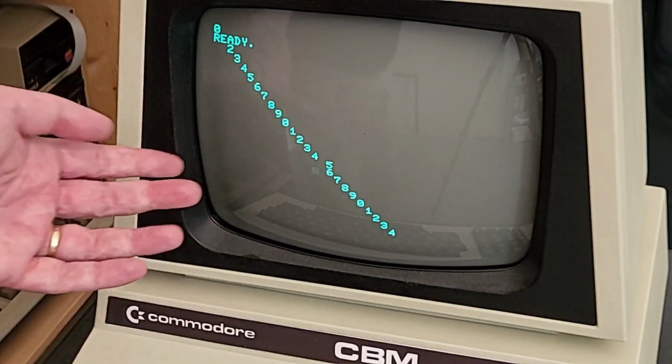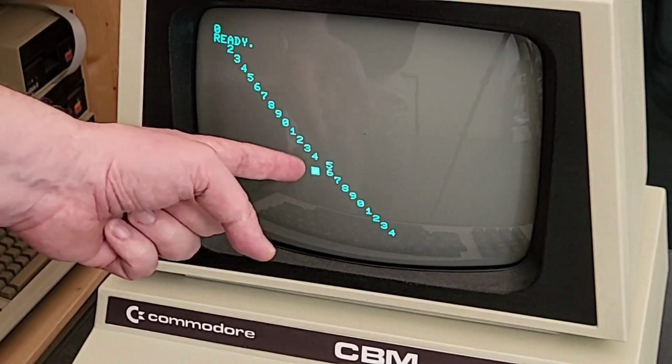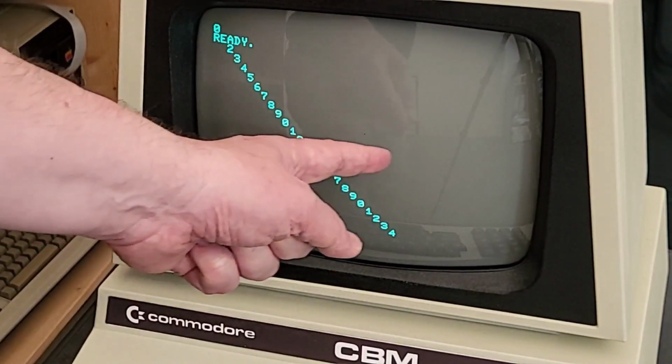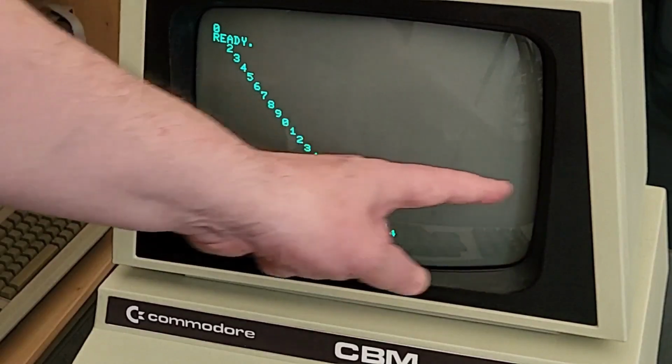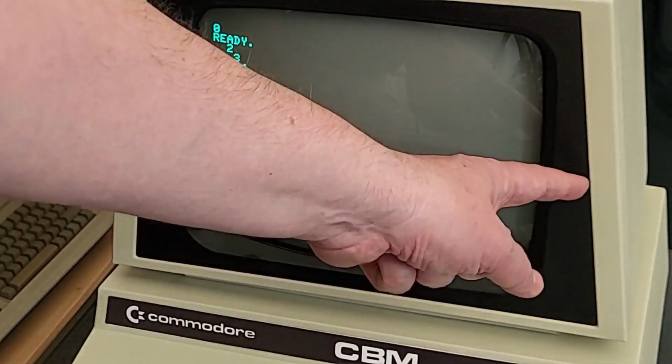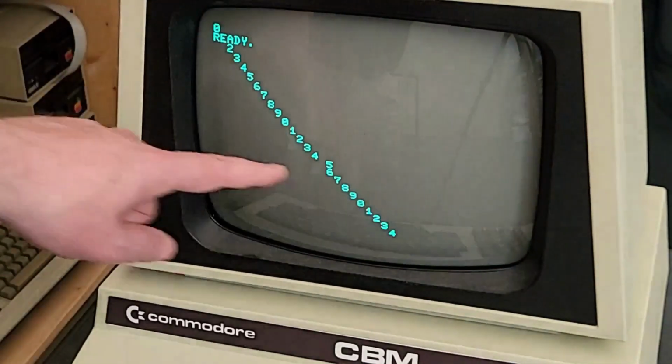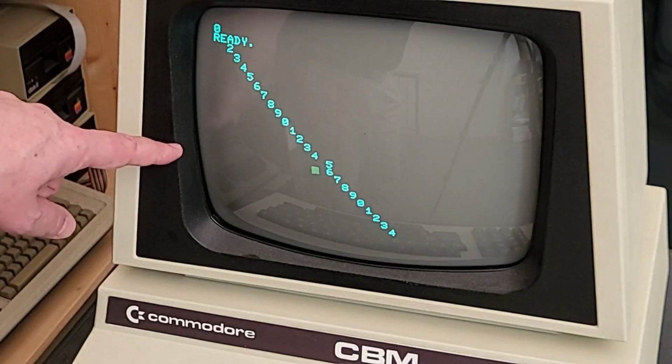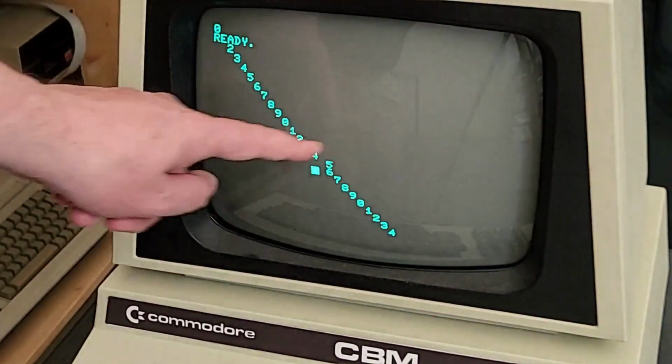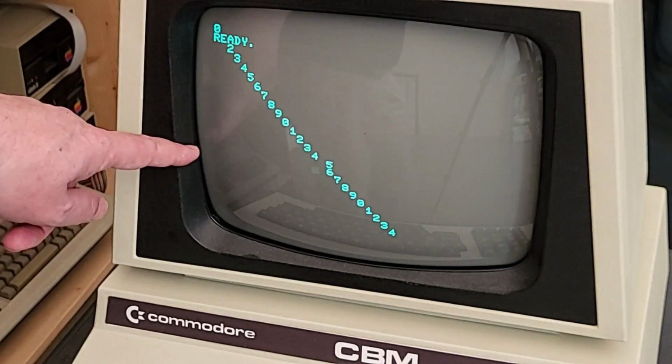So how did I do this? In the raster line before I changed the horizontal sync, I shortened the raster line by one cycle. Then in the next raster line, so then in the timing, the beginning of the raster line is